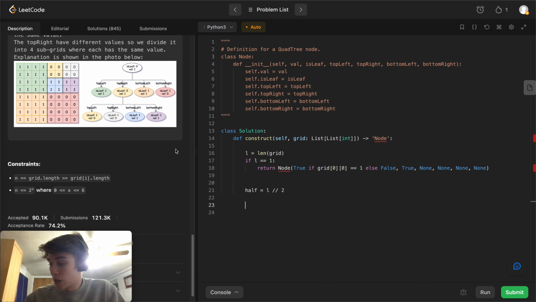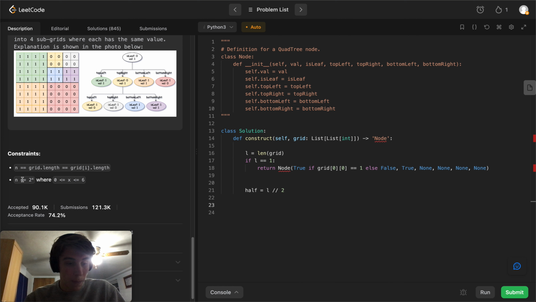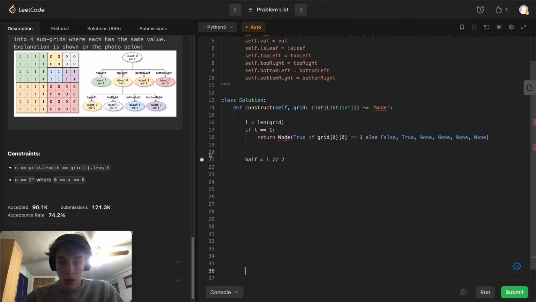What if there's an odd amount? What if n is always a sum power of 2, so that's not possible. It's always going to be divisible by 2. We divide length into 2, and then we should say, let's start constructing